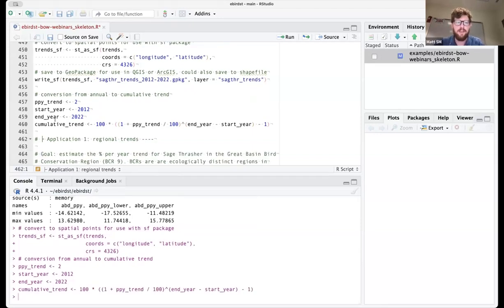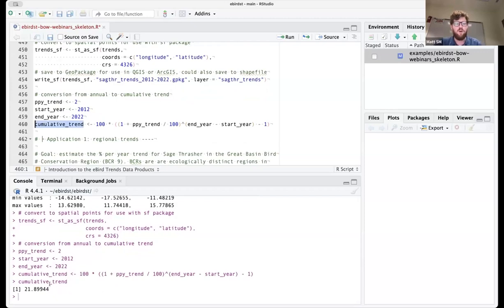This is the formula. So this isn't the number of birds. This is actually the percent change. So after that 10-year period, the population will have increased by 21%.